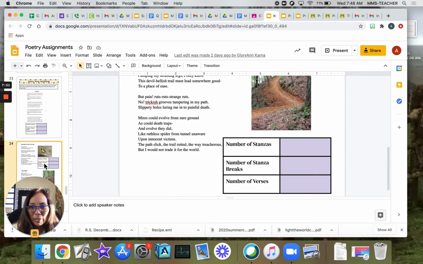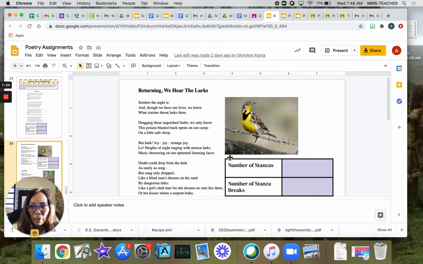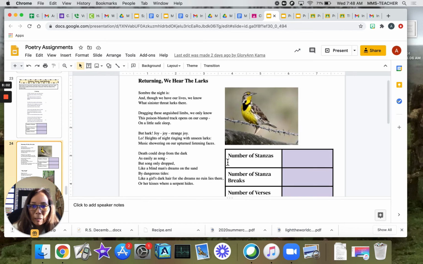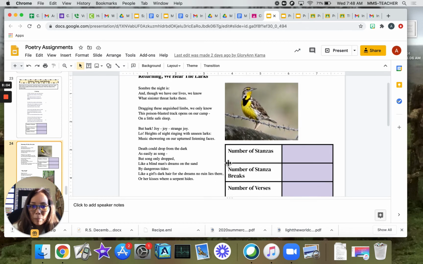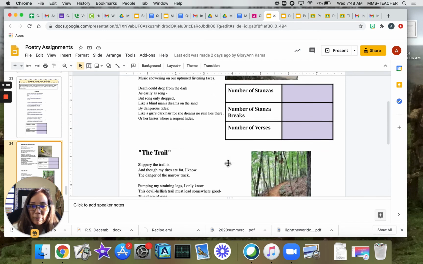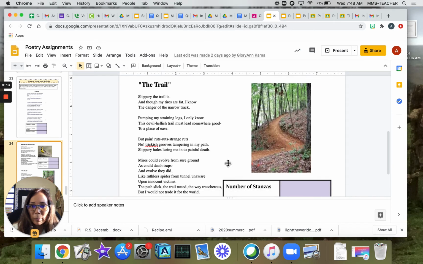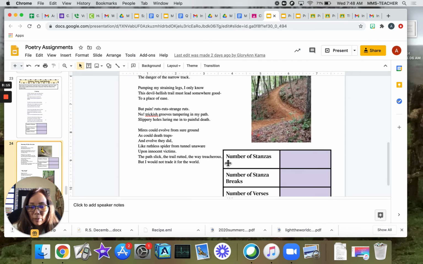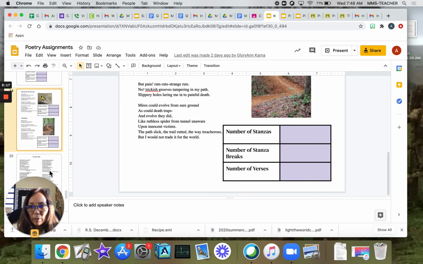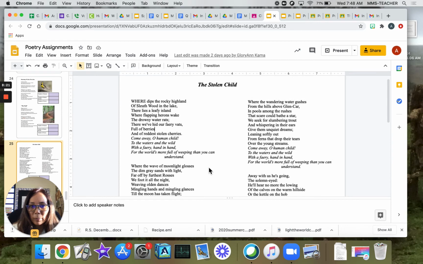You would do the same for this next poem on slide 24, Returning We Hear the Larks. Again, count the number of stanzas, the number of stanza breaks, and the number of verses. And for the next poem, The Trail, and for this poem, The Stolen Child,